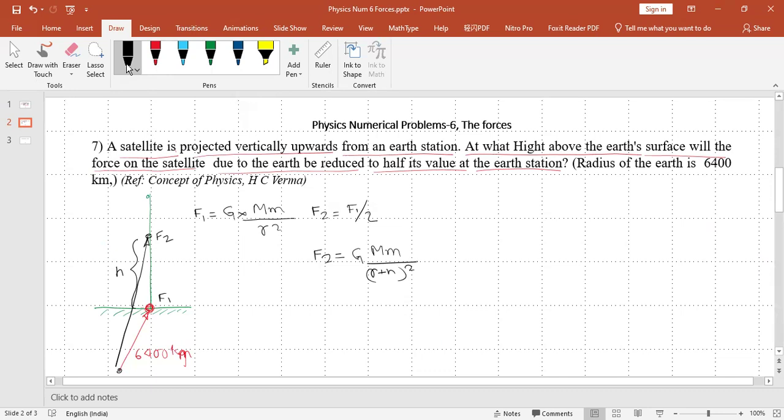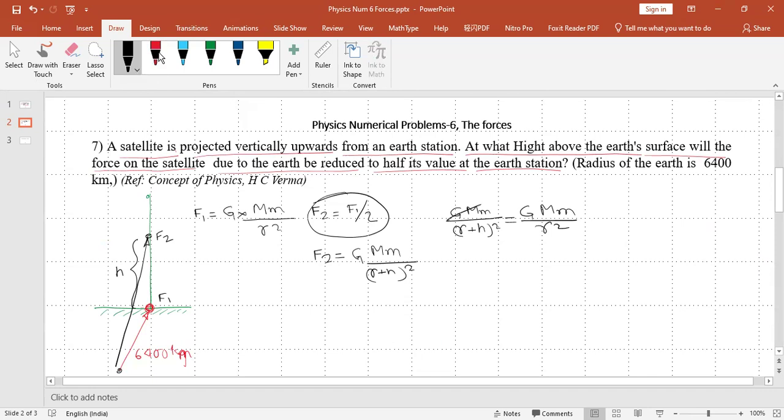Then by the given problem, F2 is equal to F1 by 2. So we find G capital M small m divided by R plus H whole square is equal to